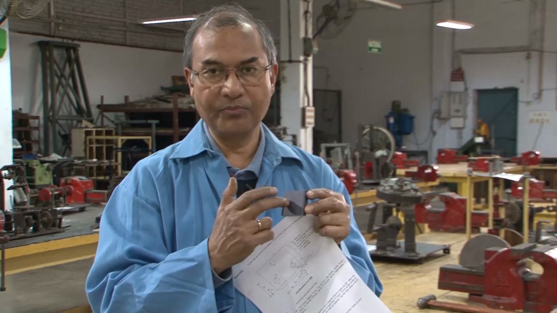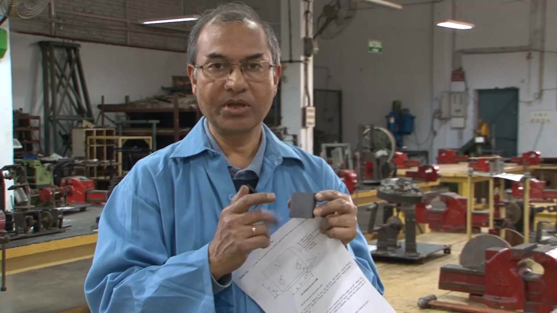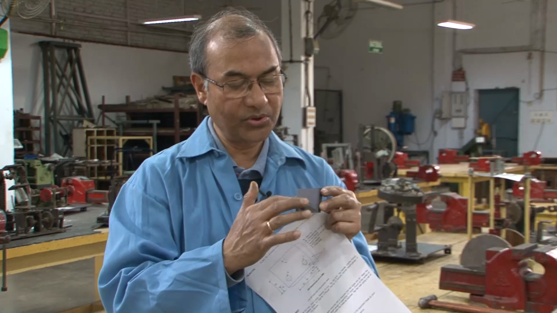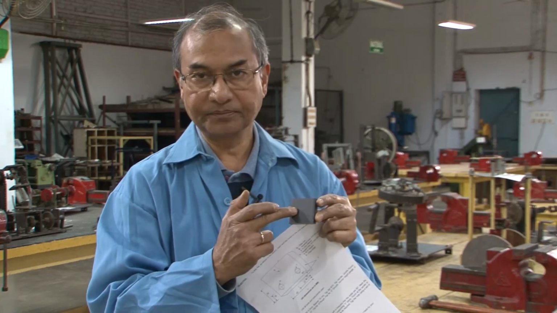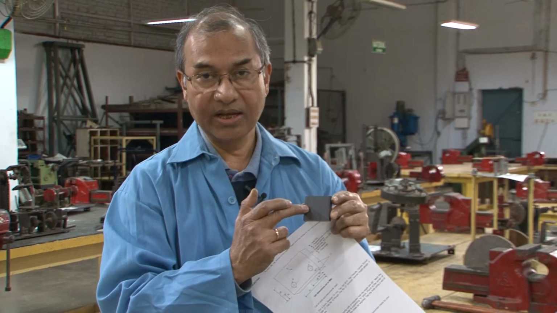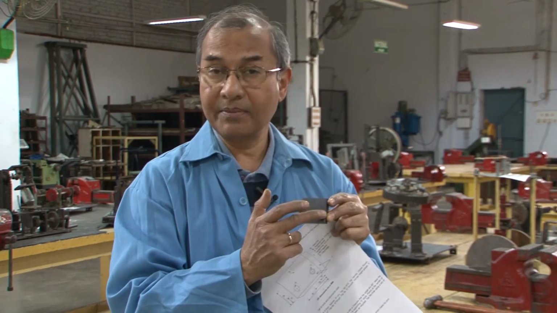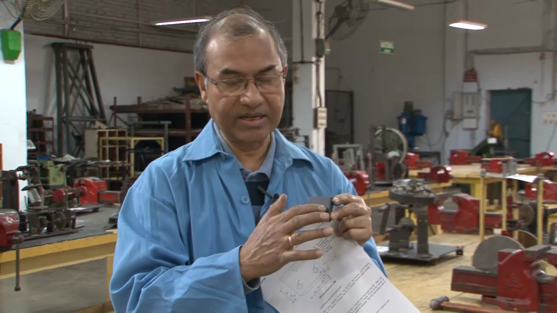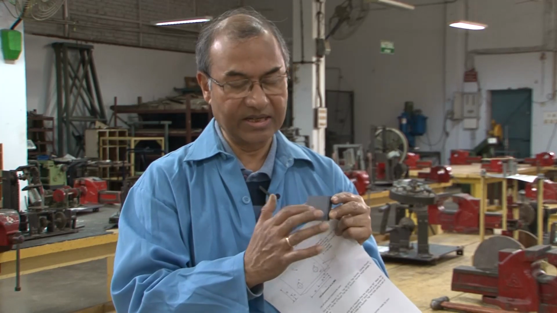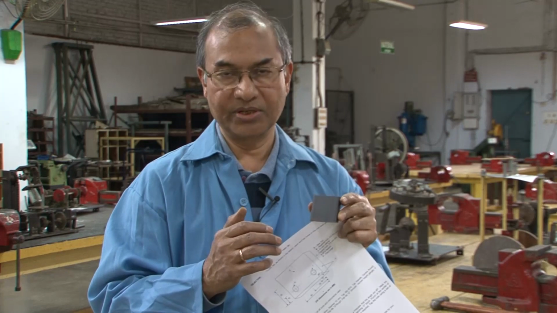Therefore, to improve the accuracy we have to ream it first. Using the reamer we will show you how the reaming can be done. In this case we will be using the hand reamer. After hand reaming we will show you how the internal thread can be tapped in these holes. So, there will be a tapping operation, and we will show how this internal thread can be made. These are the operations that we are going to demonstrate right now.